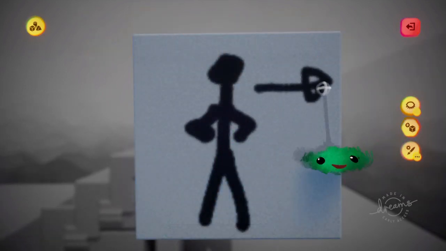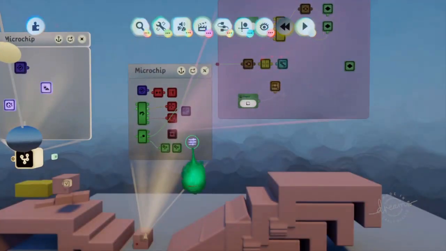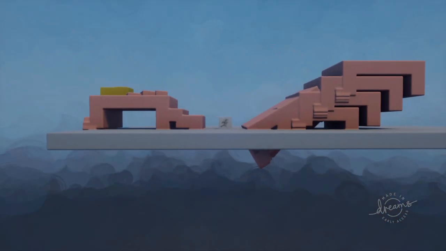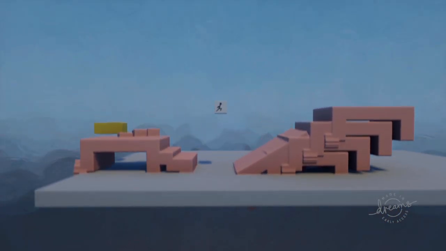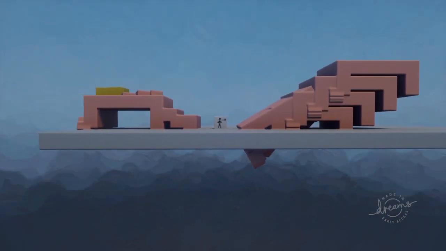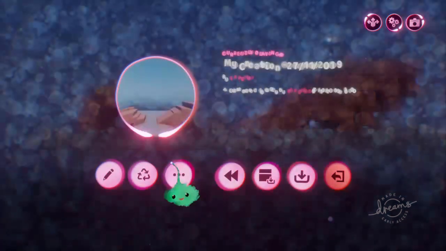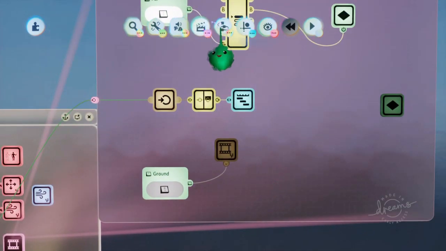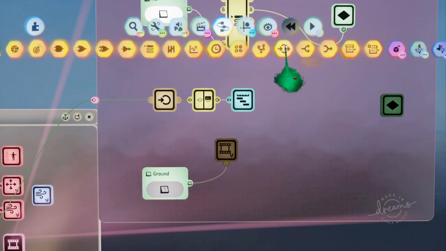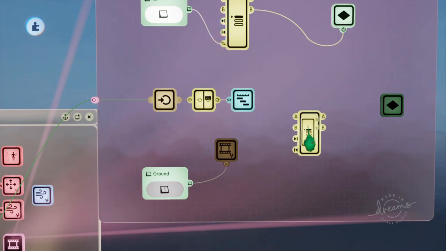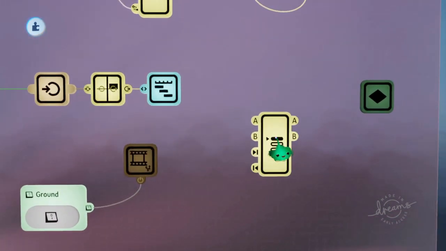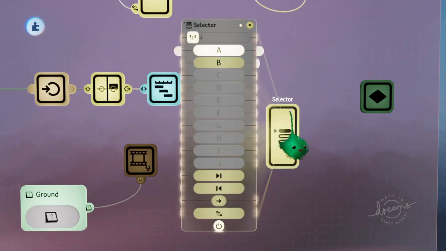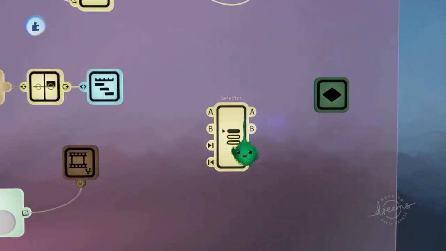By default it's facing right. If you think about how most games work, when you start moving right, then you're facing right with whatever art you've got, and then normally if you push left, then you'll be standing facing left until you push right again. So something like that would use a selector, because that's how a selector works. So we have a selector, and normally we don't want to flip. By default a selector sends a signal from A, so we don't want to flip there, but then we do want to flip